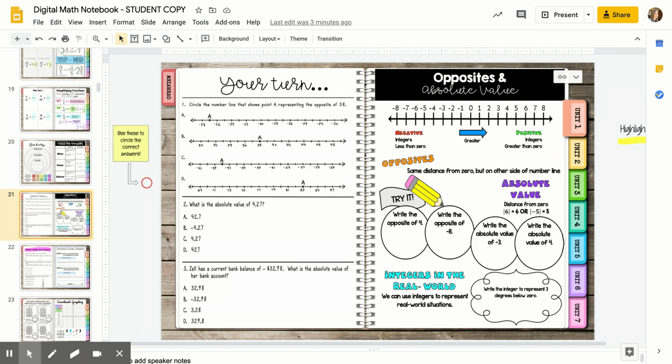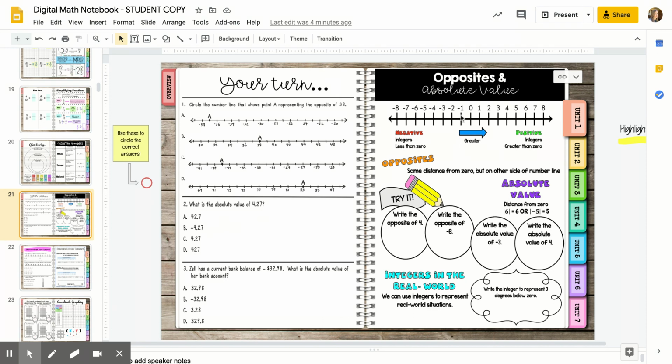So again, we are doing opposites and absolute value. And so the good thing is, this is one of the easiest topics we cover all year in 6th grade math. The only tricky thing is that sometimes people get the two things mixed up. So before we actually talk about opposites and absolute value, I want to just look at this number line that